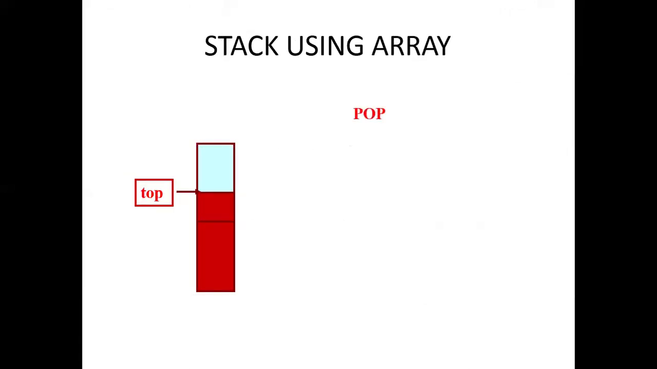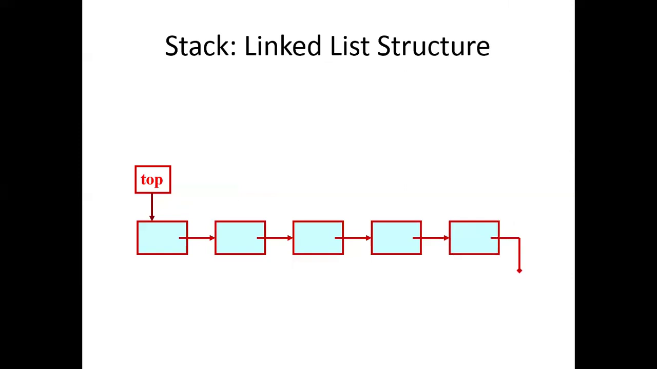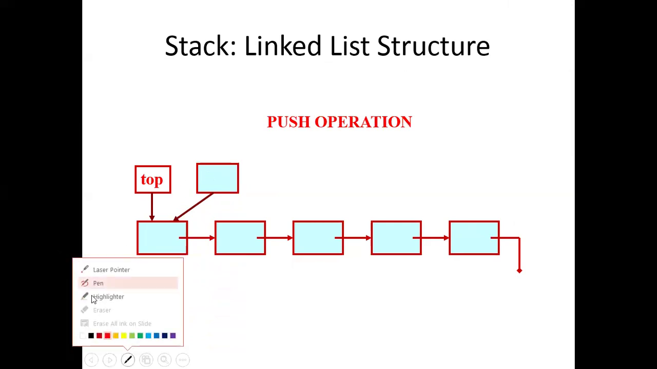Next, you're going to do the pop function. Pop means the topmost element will be deleted, and that value will be returned as the return value. The top variable will always hold the address of the topmost element in the list. So now we are going to see how the push is going to work. Now I'm going to add an element, for example,